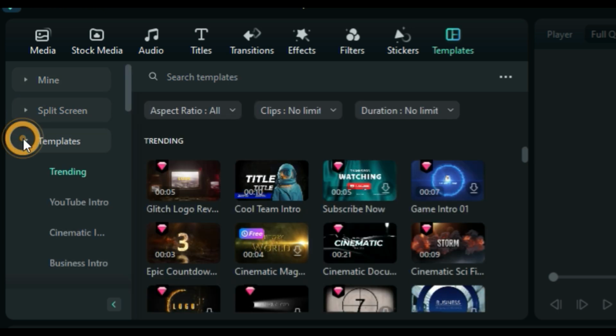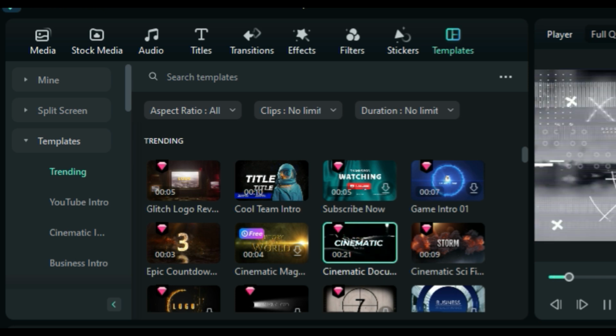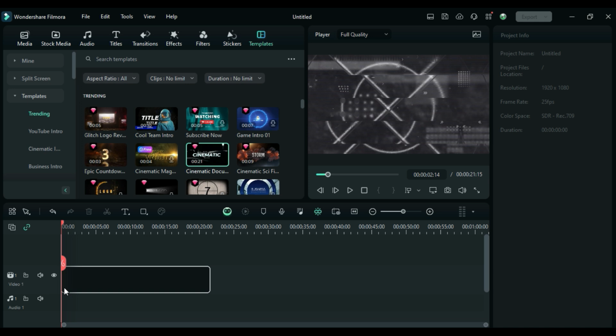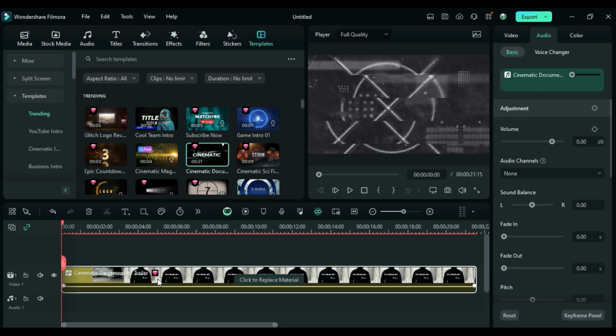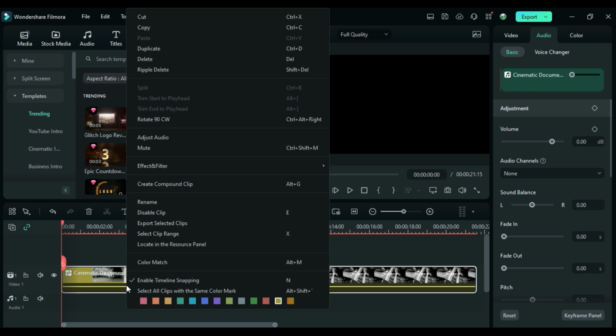Or just here on templates, I'm just going to add a simple one, here's one for 21 seconds. It will do me quite well for this tutorial. Click on it, it downloads, and I'm going to put it right there. It will come directly with its audio below. What I can simply do, right click on it, and then I can simply just,